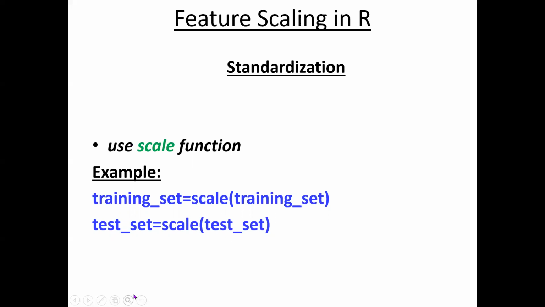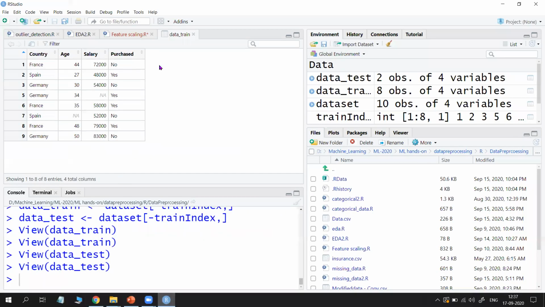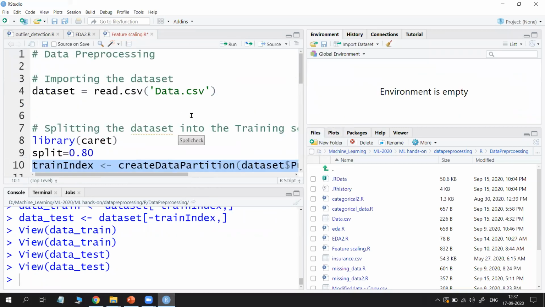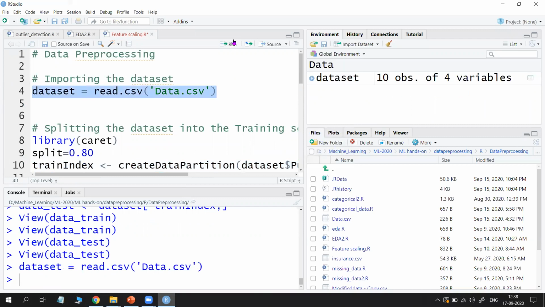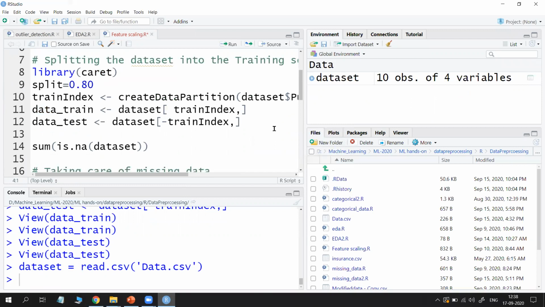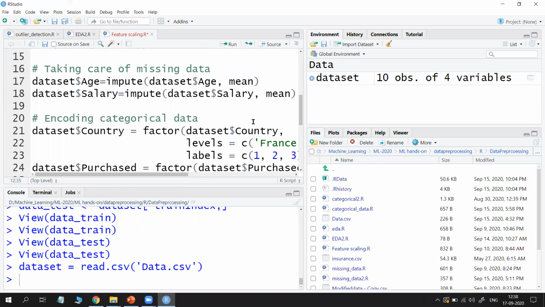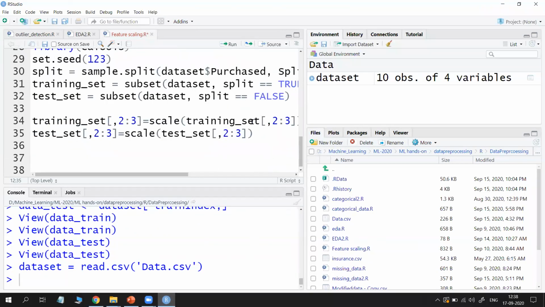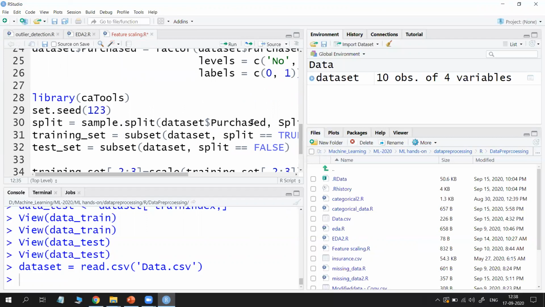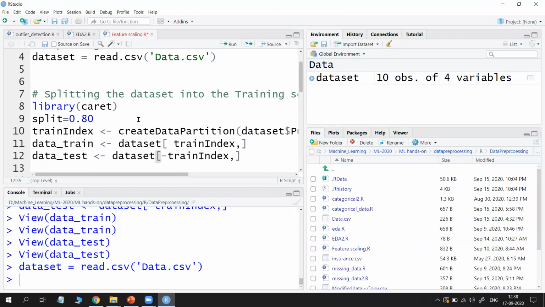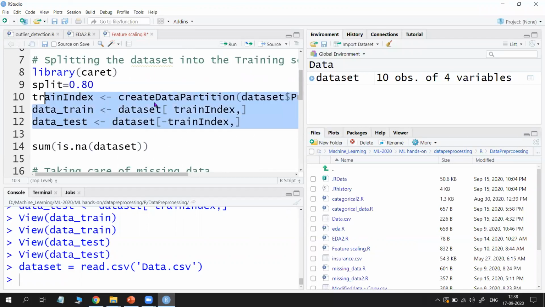Now I will show you how to implement it in R programming. Okay, so remove everything. Now consider our data set, run it, and now I am dividing it into training and testing sets. I already explained the other examples, like handling missing data, so I am using all those. I am removing this type of splitting and using only one splitting, not a problem.